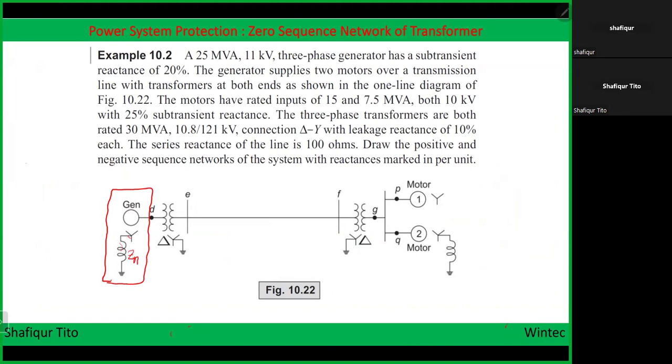So we will have positive sequence, we will have an induced EMF, EG, and then it has its own impedance that is equal to XG or ZG that we have calculated. And then this one is grounded. So this is my ground plane, and that has to be